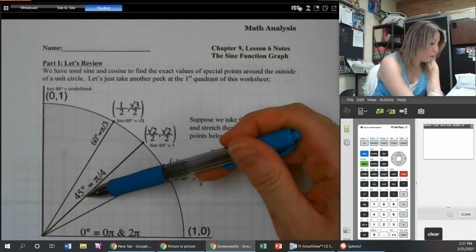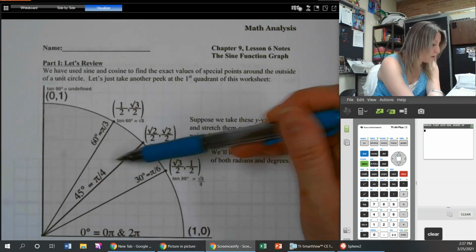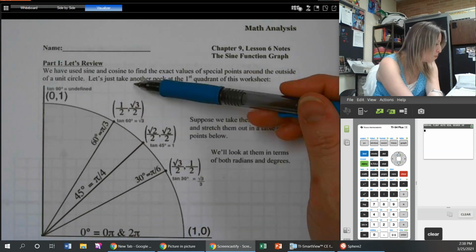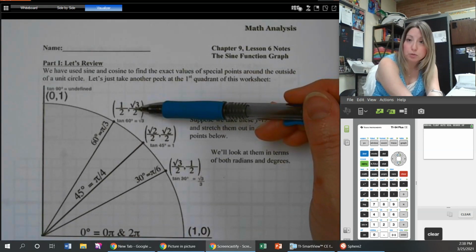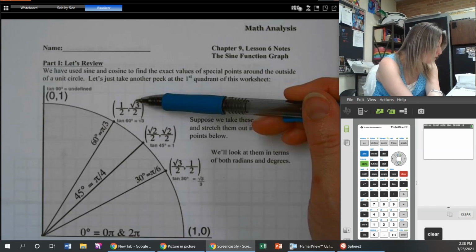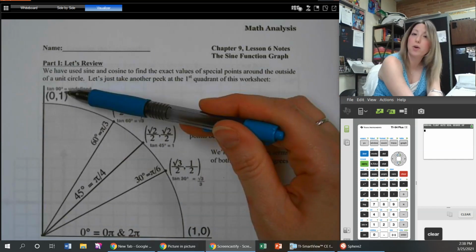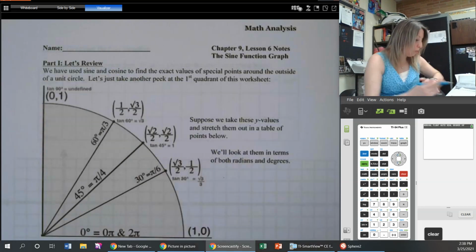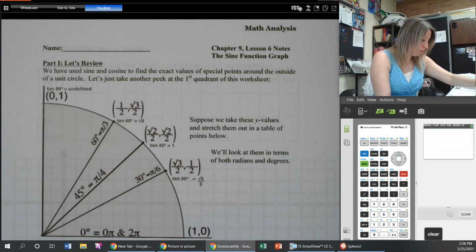We move up to 45 degrees, which is pi over 4 radians. We are at radical 2 over 2. We move up to 60 degrees, which is pi over 3 radians. We're at radical 3 over 2. And all the way up here, our y value is 1. Okay? So what we're going to do right here